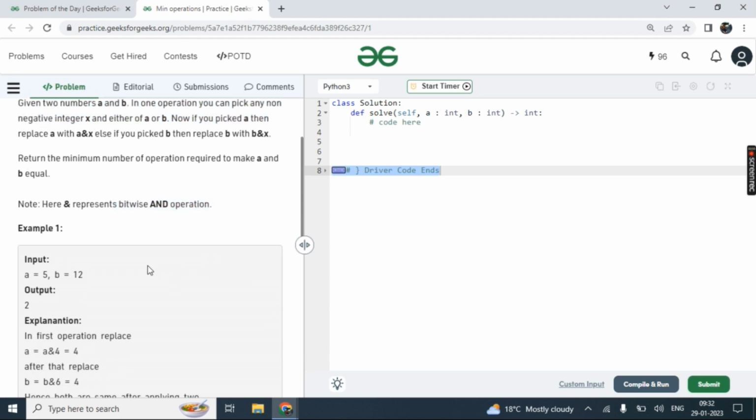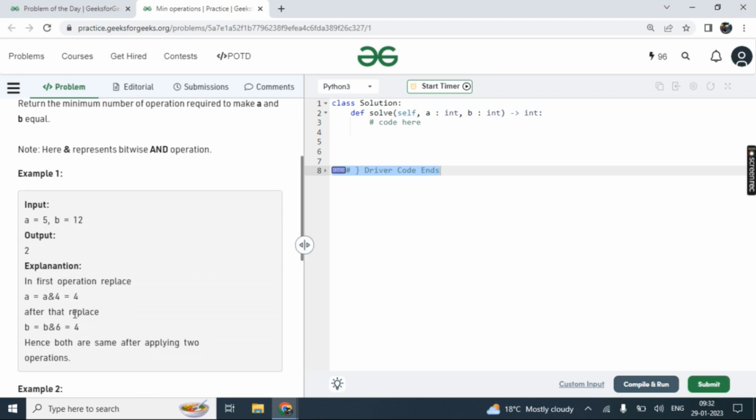So for example, a is 5 and b is 12. a and b are some integer values, and we need to pick another non-negative integer value and take a bitwise operation with a and b, and we need to do this until we get the same value.